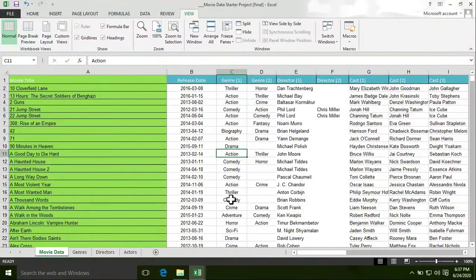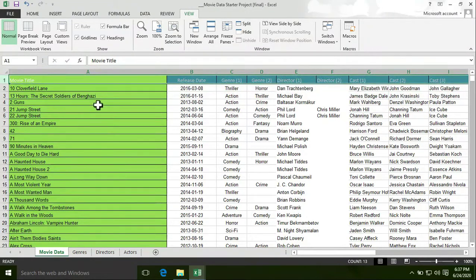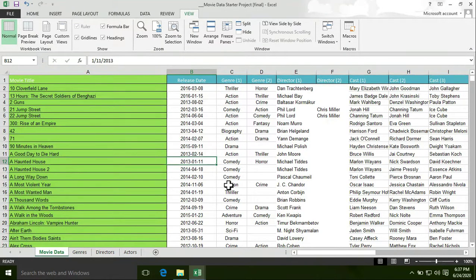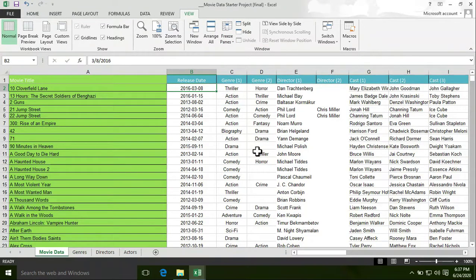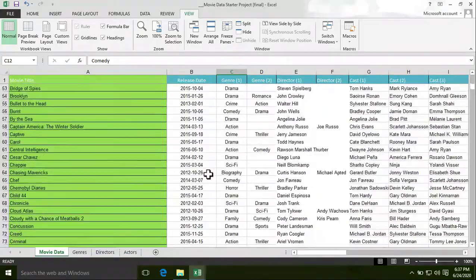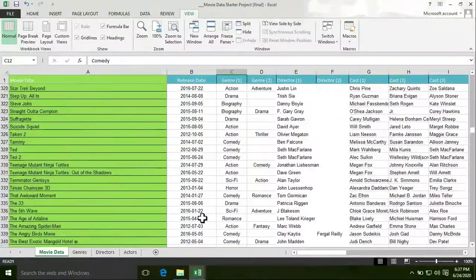Now I click on unfreeze panes, but I want to freeze the first row and first column together. So let's freeze it again. Click on freeze panes, then select freeze panes. Now both the top row and first column are frozen. Now let's check. First I'm going to check the first row. As you see, the first row is frozen.